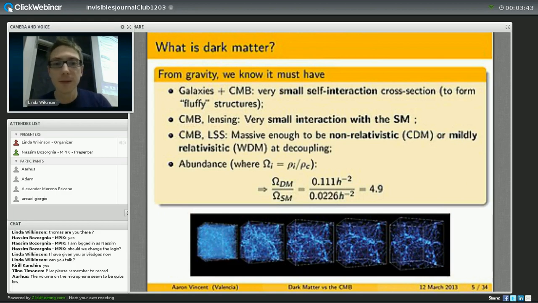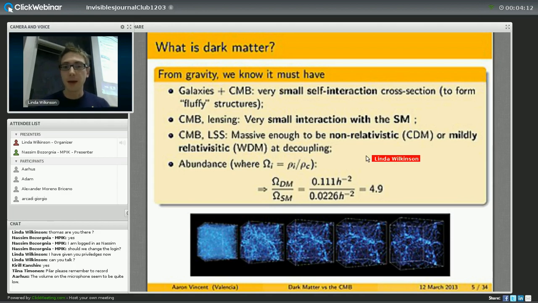Well, from gravity, we know that it has to have a very small self-interaction cross-section. This means that you don't want dark matter to efficiently radiate its energy away and collapse to form disks like galaxies. You want it to stay large and fluffy. You need these large spherical halos to explain the rotation curves. CMB and lensing tell us that, and also galaxy physics tell us that there's very small interaction with the standard